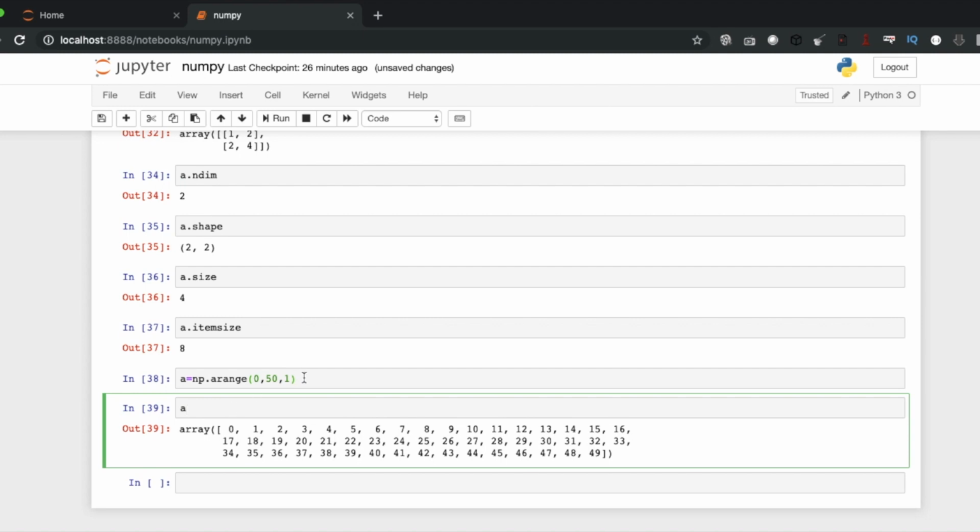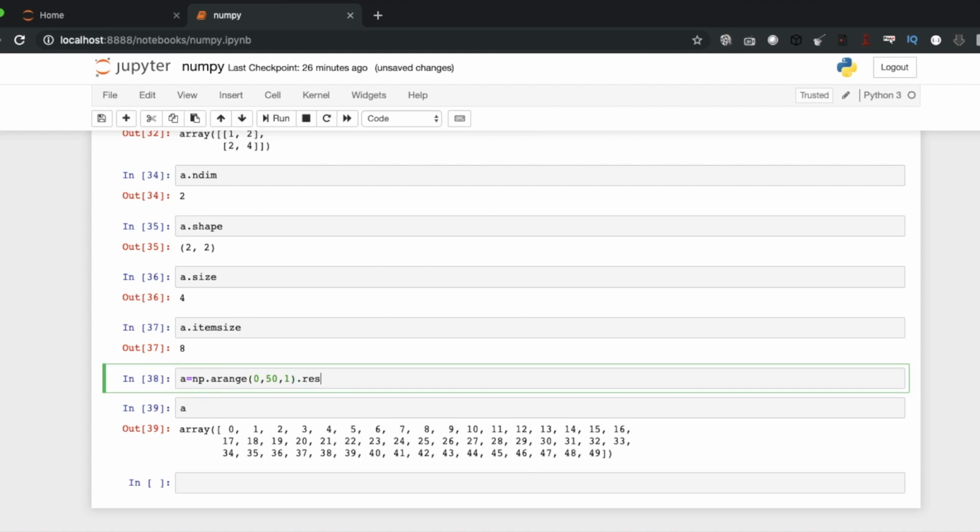So we can reshape it using this one, and we have total 50 elements. We can reshape it like 5 by 5. No, I think we can do it like 10 by 5, 10 rows 5 columns.